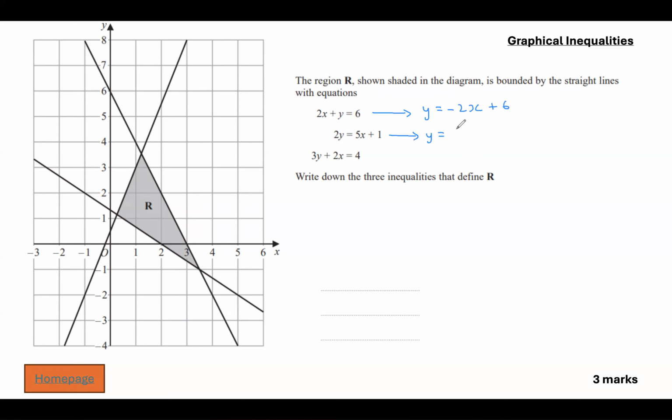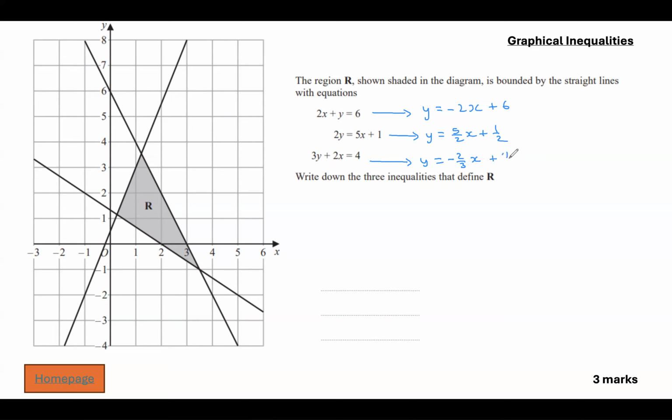Here we get y is equal to 5 over 2 x plus a half, divide through by 2. And this one becomes y is equal to minus 2x and then divide through by 3. So we get minus 2 over 3 x